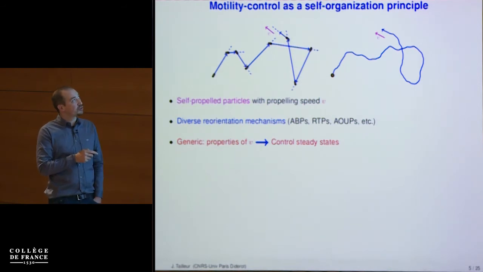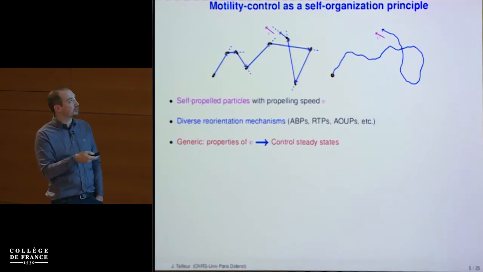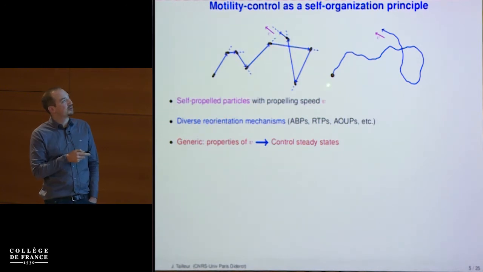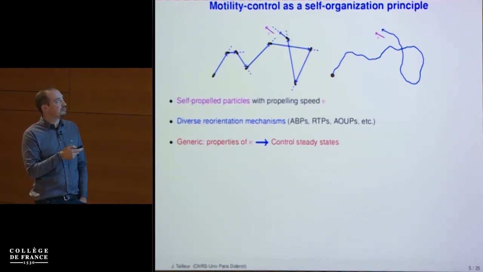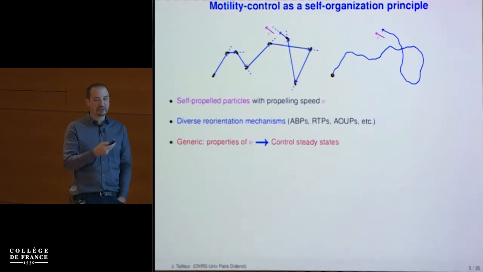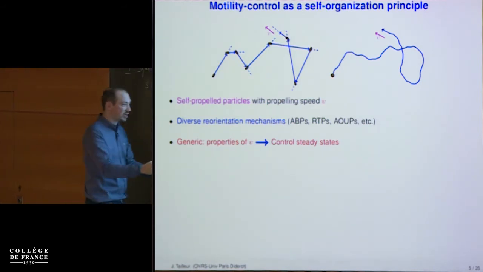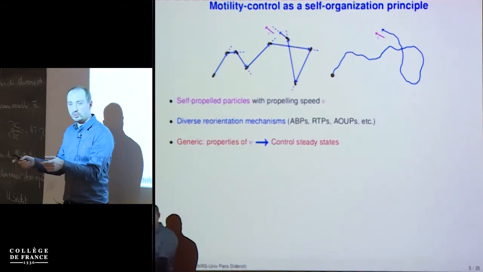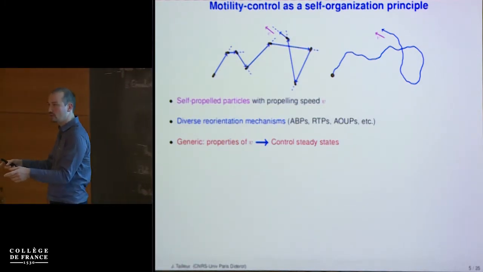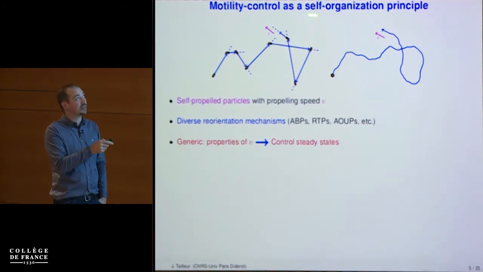So we'll consider particles which are self-propelled. What I mean by that is that they have a constant self-propulsion force. I'm looking at an overdamped system, so in practice, they have a self-propelling speed v. And they can have different types of isotropic reorientation mechanism. If you're studying bacteria, like Escherichia coli, a typical dynamics is what we call run-and-tumble dynamics. So the particle goes in a straight line, and at a constant rate, fully randomizes its orientation. Go in a straight line, fully randomize its orientation. And so typical dynamics would look like that.